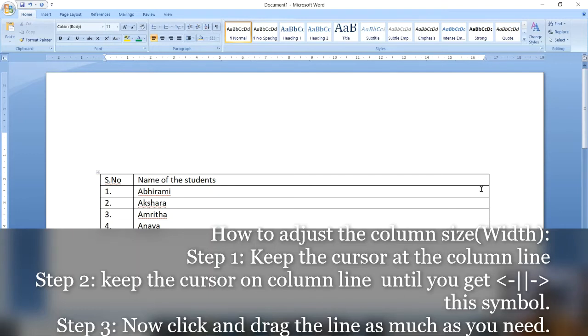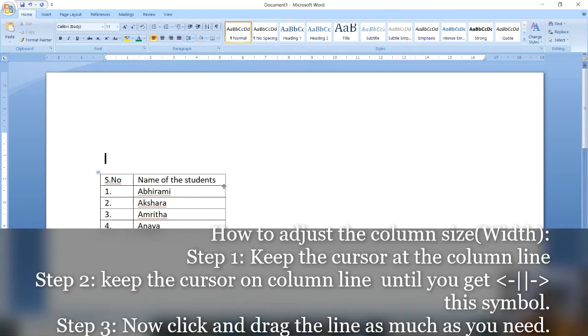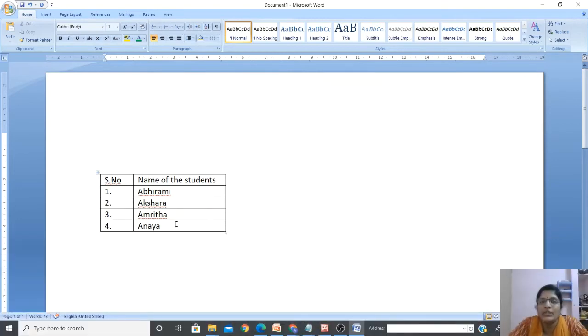Keep the cursor on the column line until you get this double-sided arrow. Click and drag it to the length you need. Got it? So I have added a table over here. So my table is over. In the first method, I have created a table.